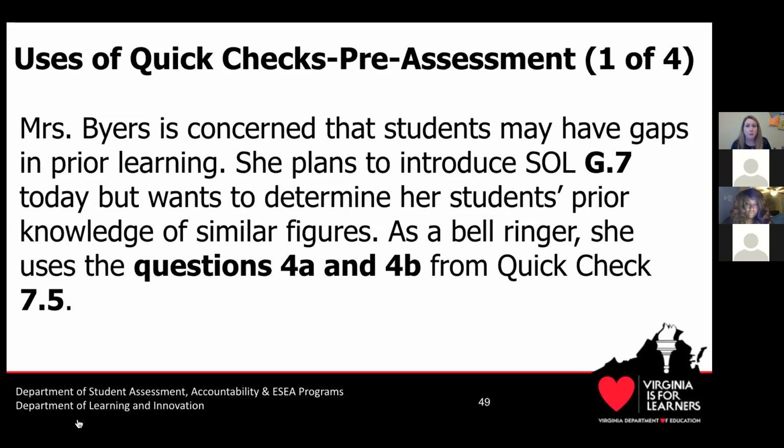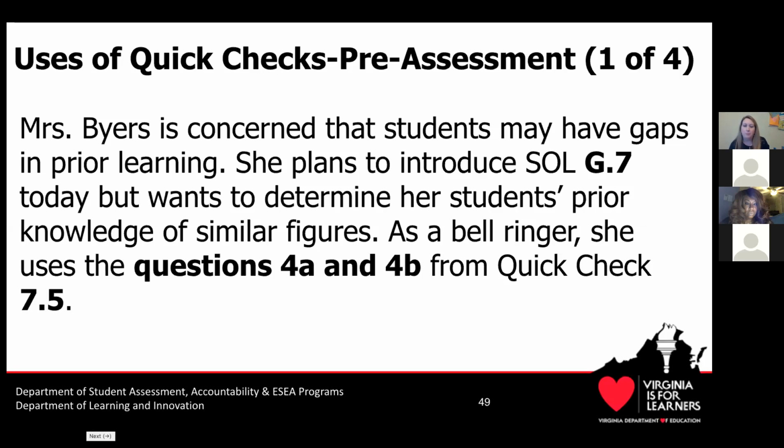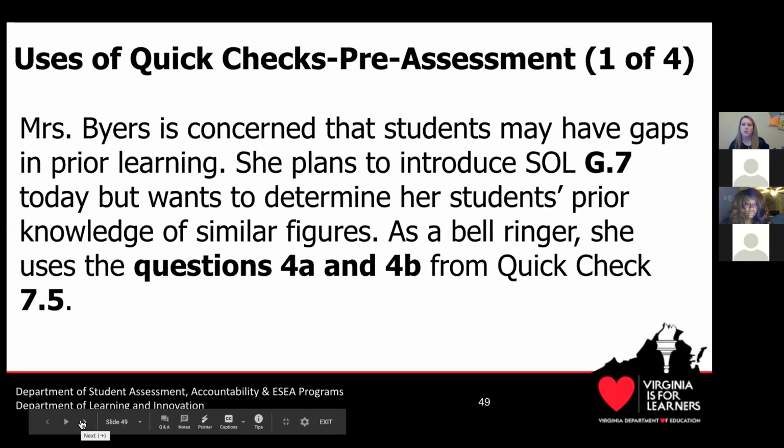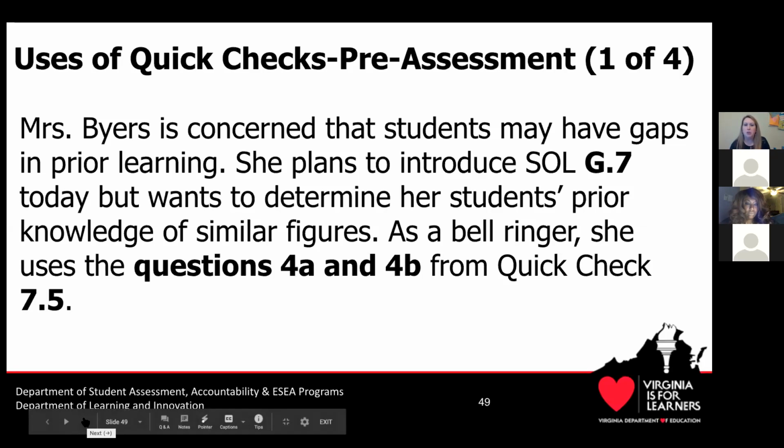They've learned about similar triangles before. So what do students remember? How can I use that information to help drive my lesson? Okay, so as a bell ringer warm up, she doesn't use G.7's questions. She uses 7.5 questions, right? And we've talked about and showed you how on that quick check, you can go to the supporting prerequisite SOL. So you go to G7, you see 7.5 at the bottom, you look at those questions and you're like, oh, 4 and 5, let's use those, or 4A and 4B, let's use those, because it'll help me gauge what my students might remember and help activate their prior